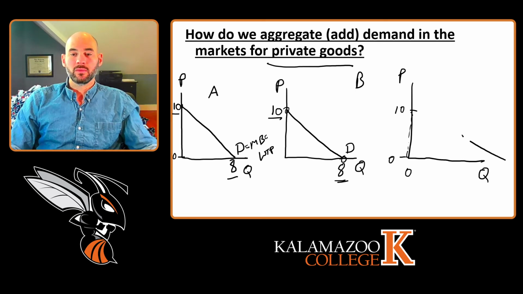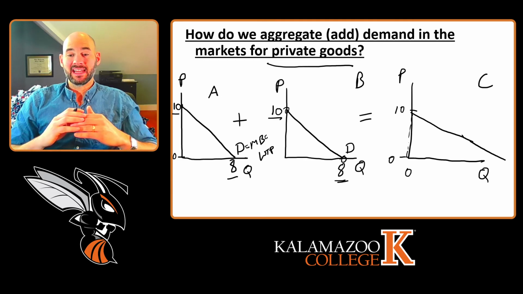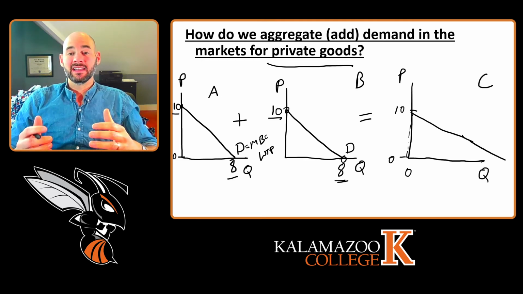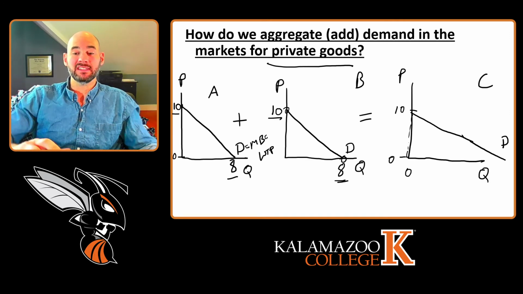And so we can just add these two. So A plus B is going to equal C, which is the aggregate demand. And we just add them horizontally. We add the quantity demanded at every price, and we get this market demand curve. And so we can see that it shifts further out. It doesn't get higher. So that is not going to be the same story when we consider additions of public